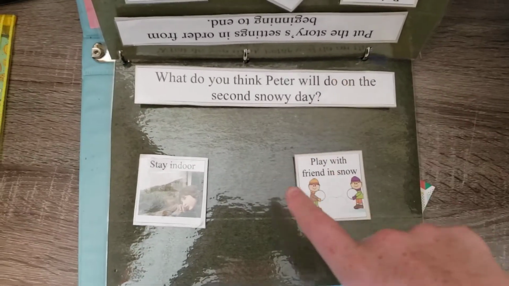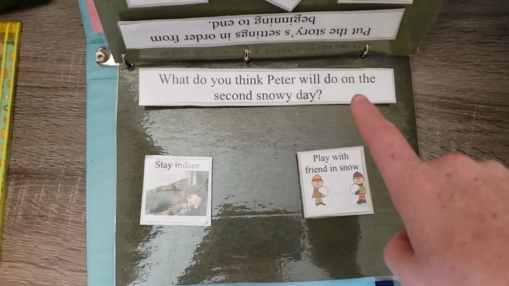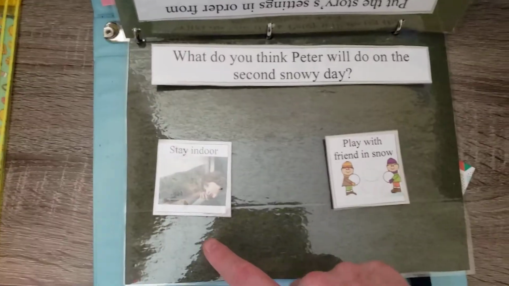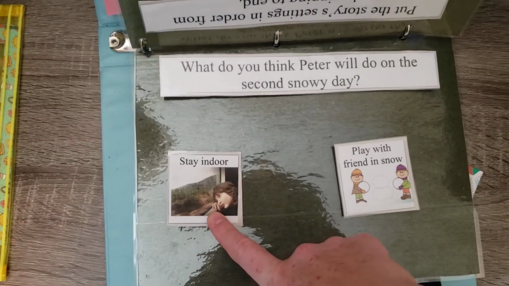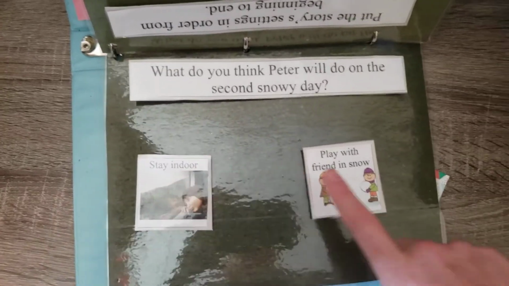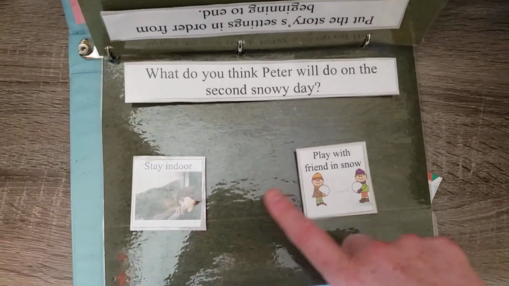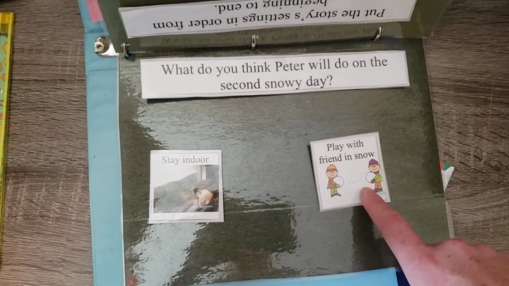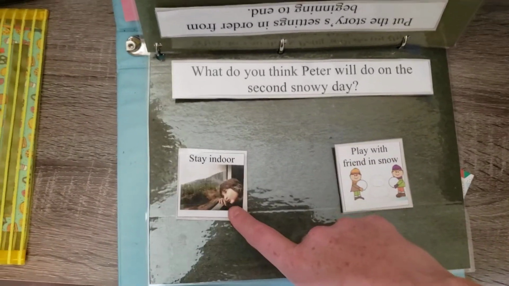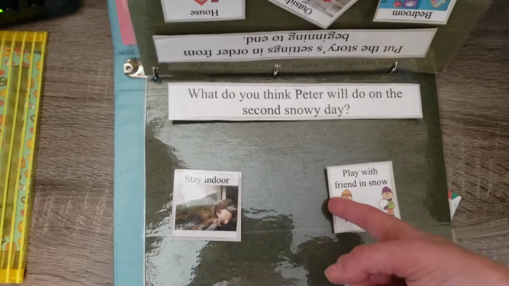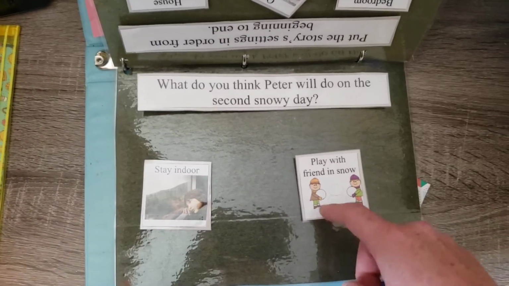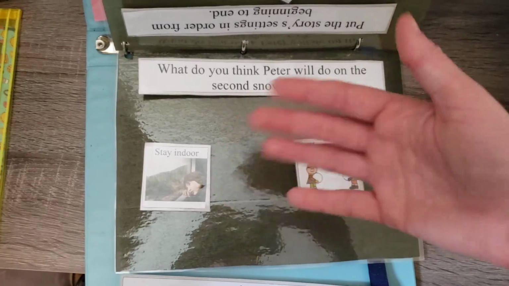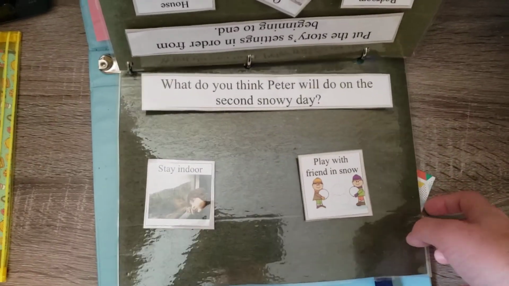My third question is, what do you think Peter will do on the second snowy day? Now, again, another recall question, but did he stay inside? I don't think so. He went to play with his friend. Again, if you'll notice, I used realistic pictures along with illustrations. The reason I used realistic ones is, one, because they were better quality than some of the drawing pictures that I found. So I gave it more complexity depending on if you have multiple learning levels of